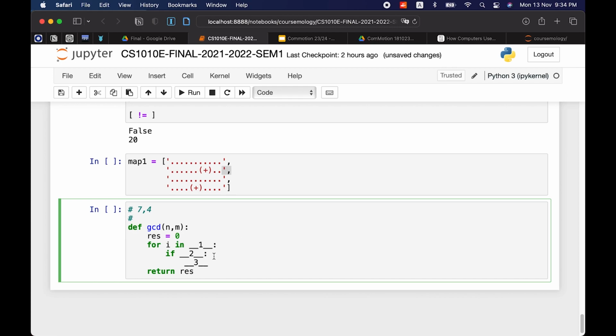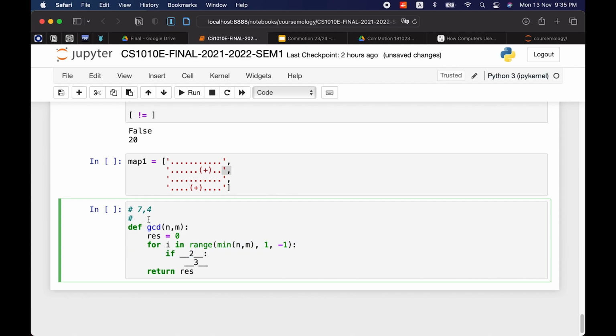Then we are solved already. So the point is we need to start with the minimum of these two numbers in this range, and then we end at 1, because we can't do 0. 0 is not a divisor. And we step in reverse, right?